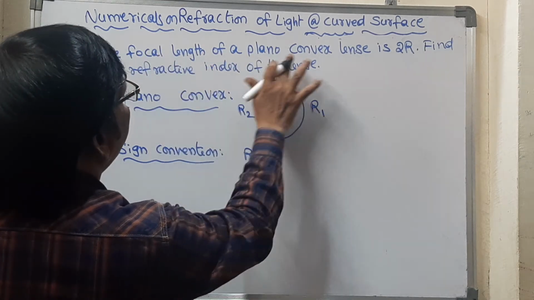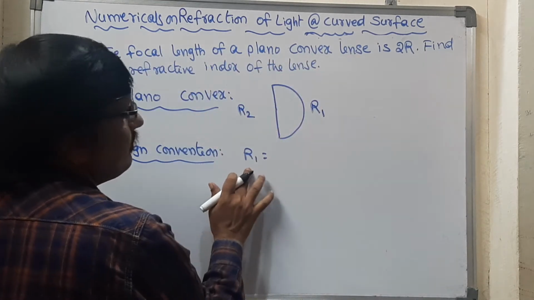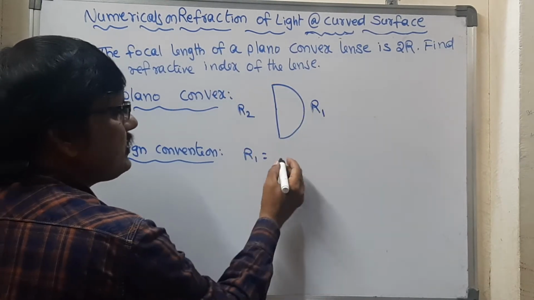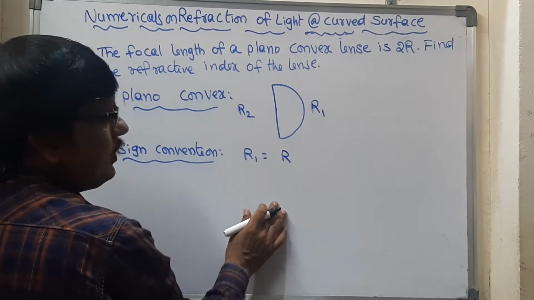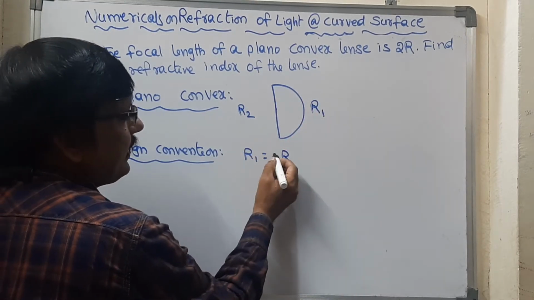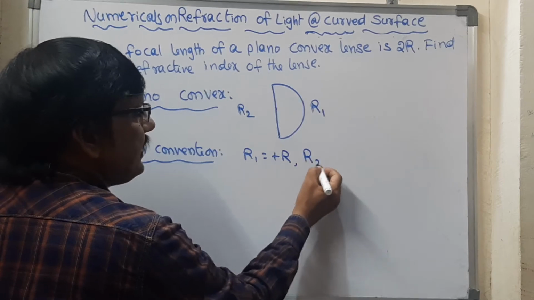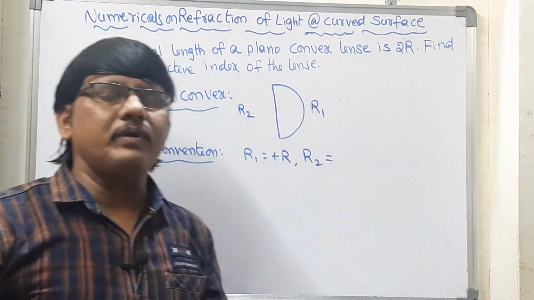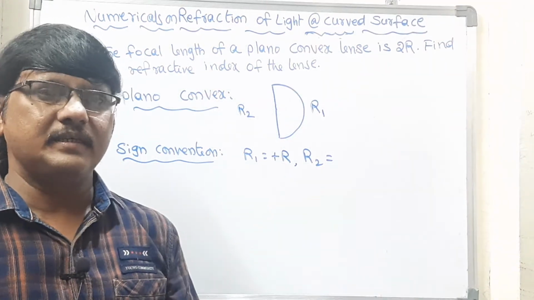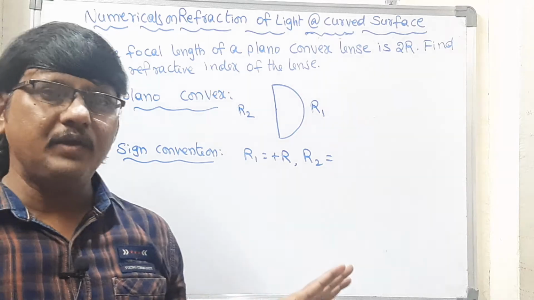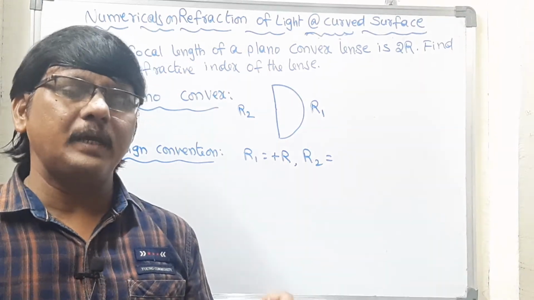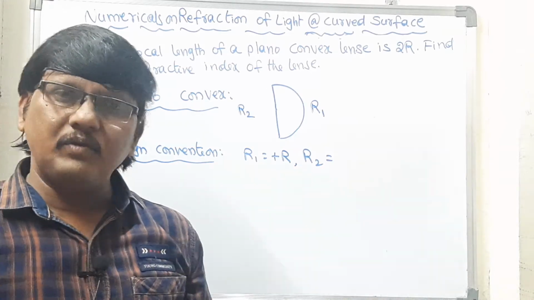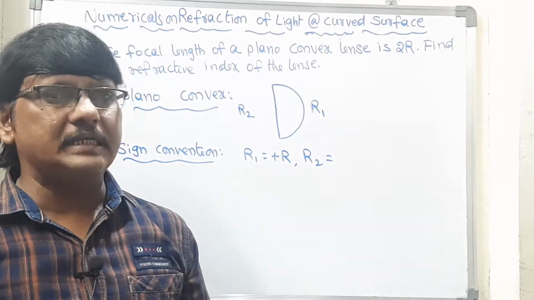The focal length of a plano convex lens is given. That we will take first. Let us write R1 is equal to, now let us assume that the radius of curvature is R. R1 is equal to R. Right side values are positive, so we will take it as positive. And R2 is equal to, you should have an idea, the radius of a plane surface, a flat surface, is infinite. We cannot define the radius of curvature of a plane surface. If a flat surface is there, we cannot find the radius of curvature, so we will consider it as infinite.